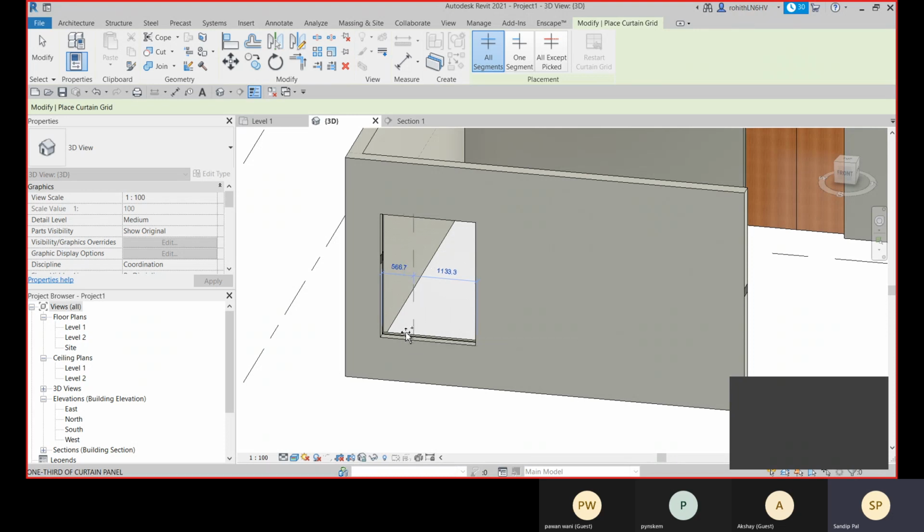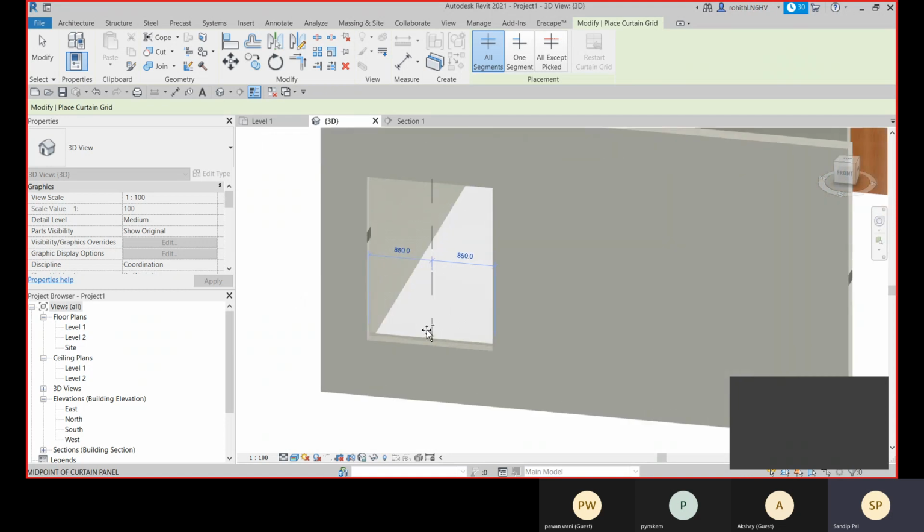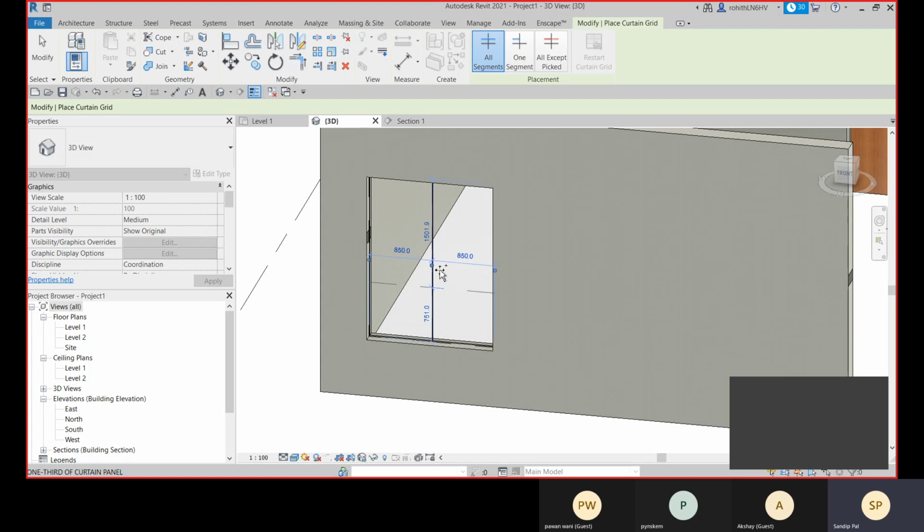So you are getting this temporary dimension, so you can just place it with the mouse movement. Okay, and after that also you can change it. Now let me just place it here, and let me place it at the middle here, or else I can place it like here or here.